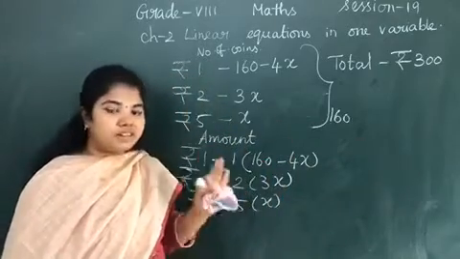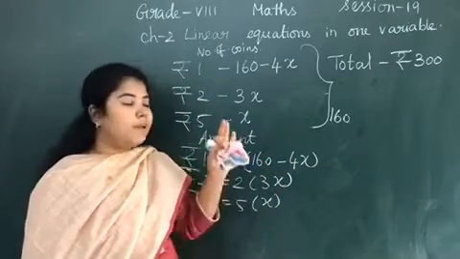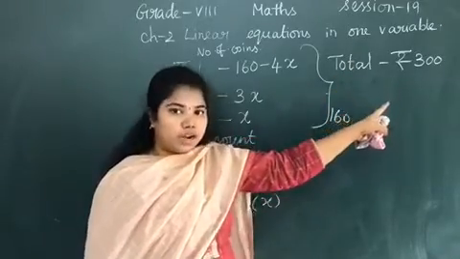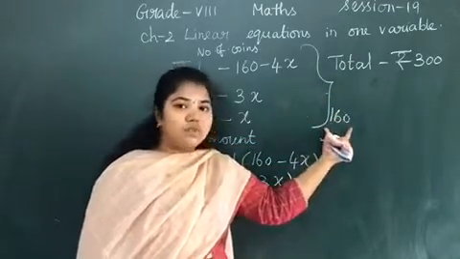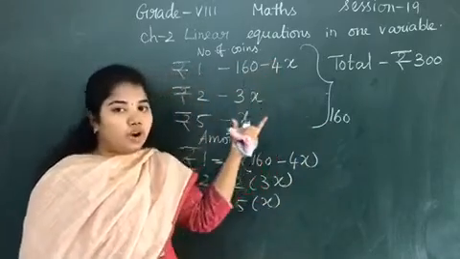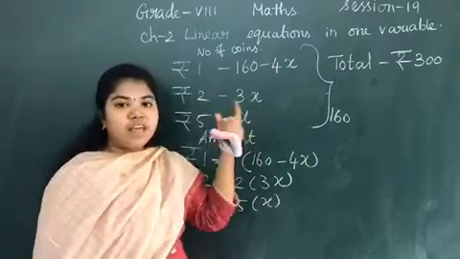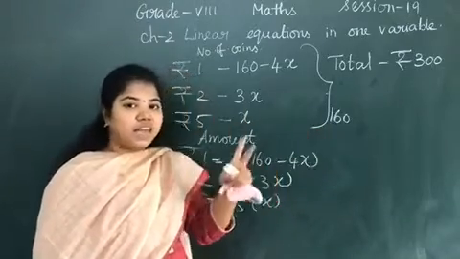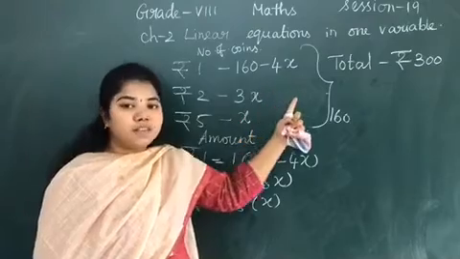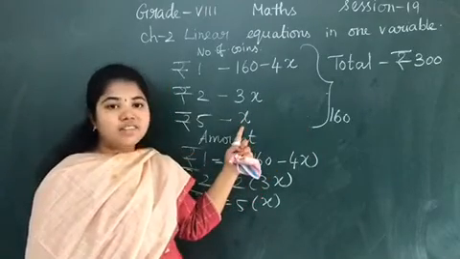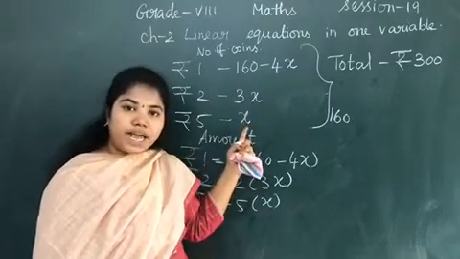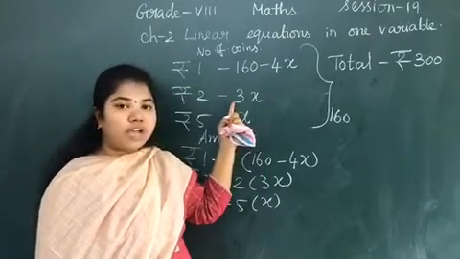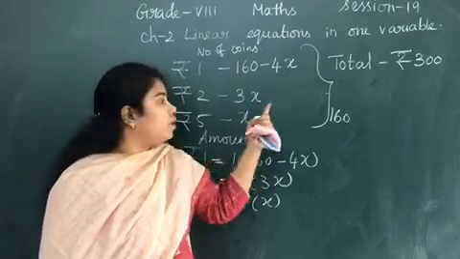Again I will tell you, please listen carefully. This is somewhat tedious. The total amount given is 300 and the total number of coins is 160. First let me denote the coins. For coins they have given two hints for us. The total number of coins is 160, and the second hint is 3 times rupees 5. But I don't know how many coins I have in rupees 5, so let me take the number of coins in rupees 5 as x. And for the rupees 2 coin it is 3 times x, so it is 3x.